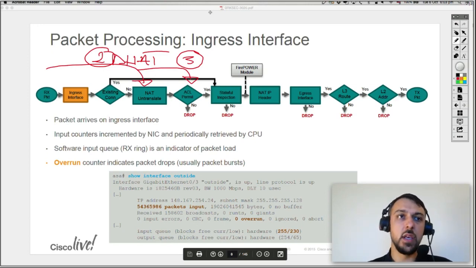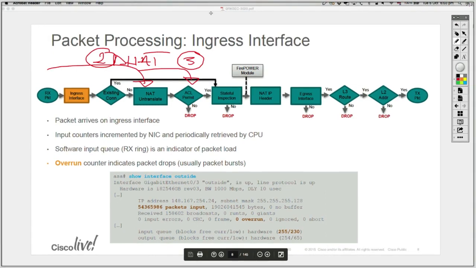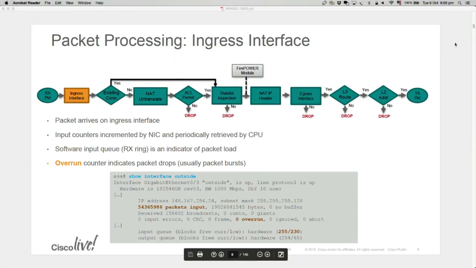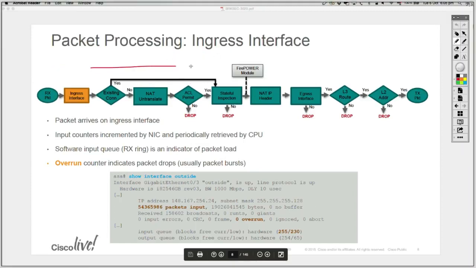behind the scenes. To make this happen, they changed the order of operations. First the ASA does destination NAT or un-NAT, step number 2, and then it looks in the inbound ACL or global ACL to verify if traffic is allowed or not. And afterwards, after those two steps, which are un-NAT and ACL, which can be inbound or global, then we go to stateful inspection, which is basically the MPF,